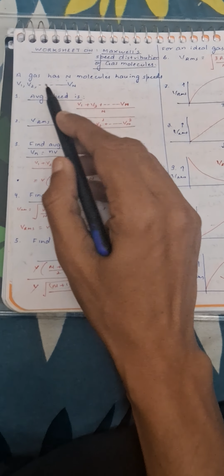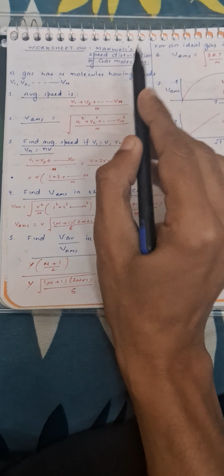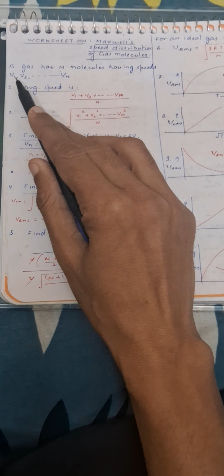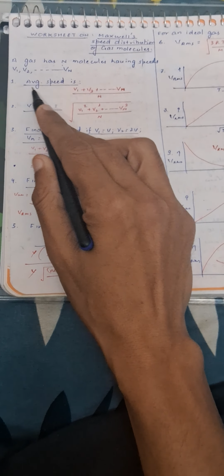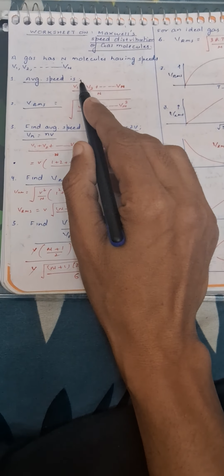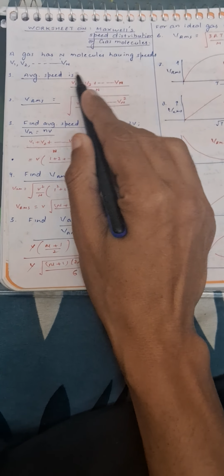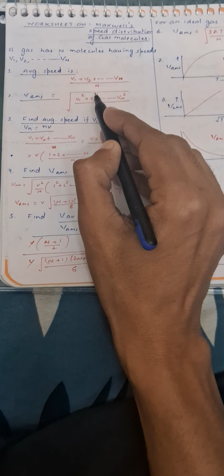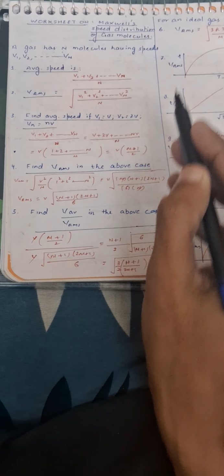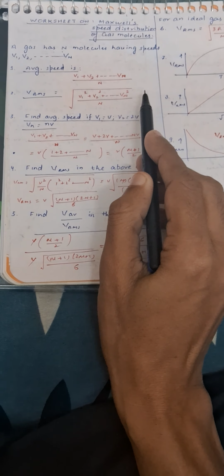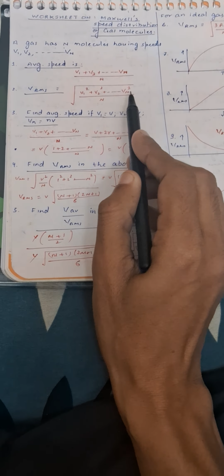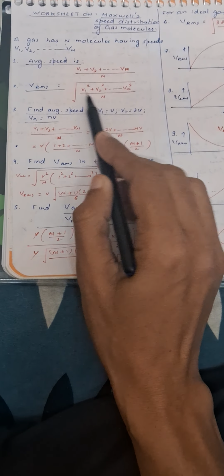The first question is that a gas has n molecules having speeds v1, v2 up to vn. The first question is, what is the average speed? Average speed is the summation of speeds divided by n, which is also called the arithmetic mean. Next is the RMS speed. You take the square root of the sum of the squares of the individual velocities divided by n,